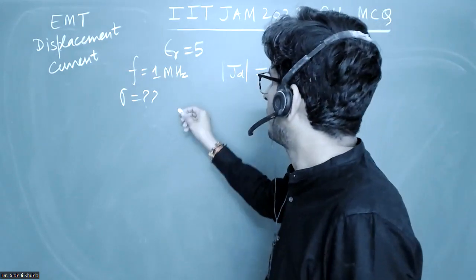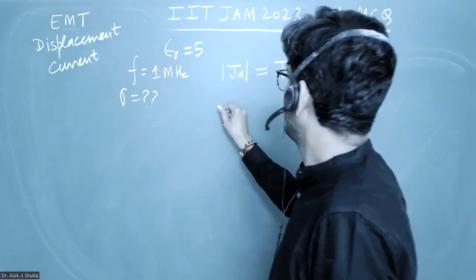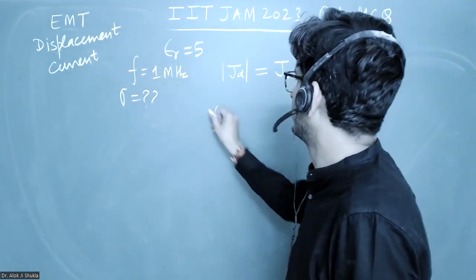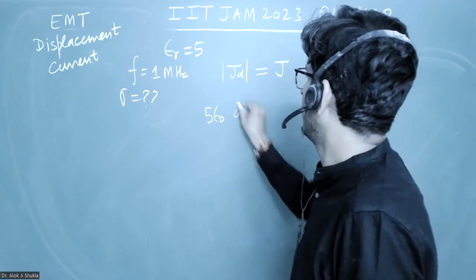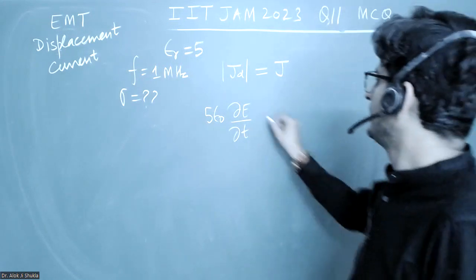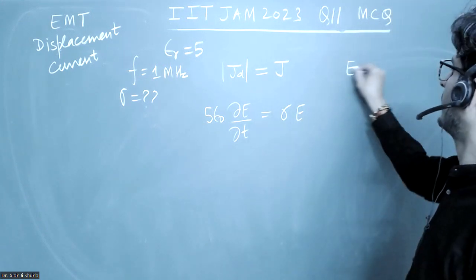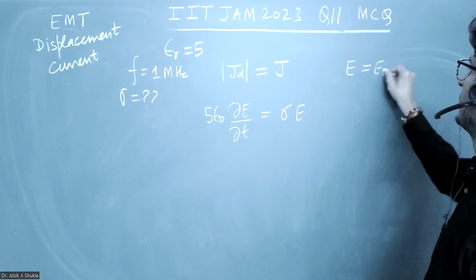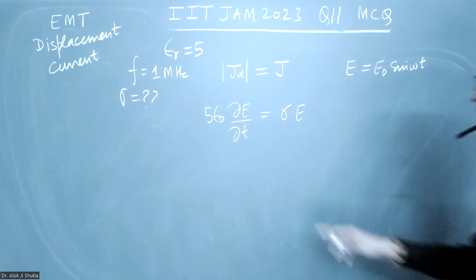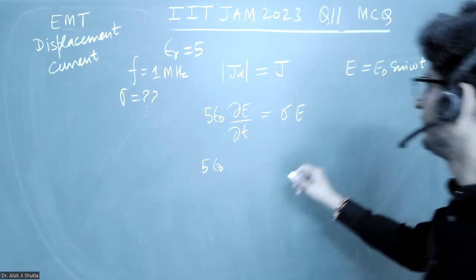So I've written mod of JD that is given is equal to this. Let me take a profile of voltage, suppose, because the JD will be given by epsilon naught, and this 5 is also there, so 5 epsilon naught del E by del t. And J will be equal to sigma E. So if I take the profile of oscillating electric field as E equal to some E naught sine omega t, let us take this. So this will become 5 epsilon naught del E by del t will become E naught into